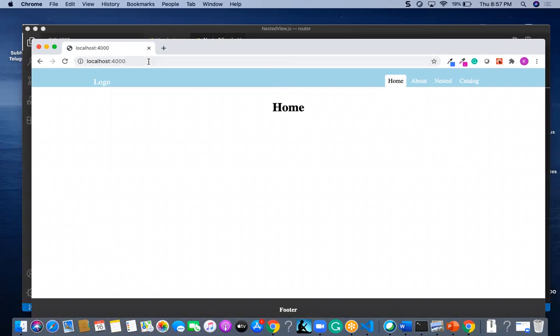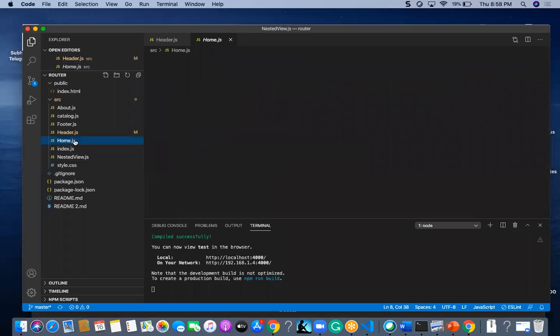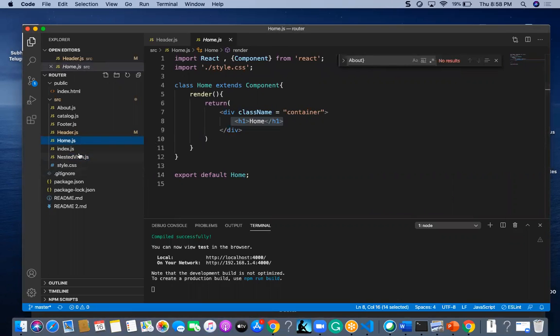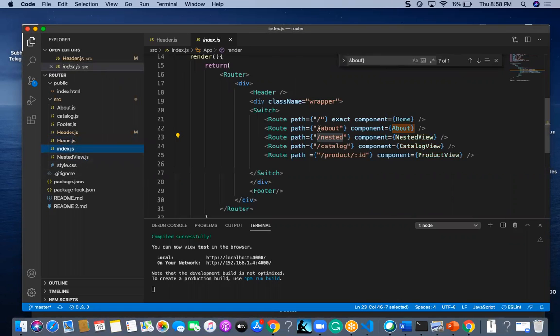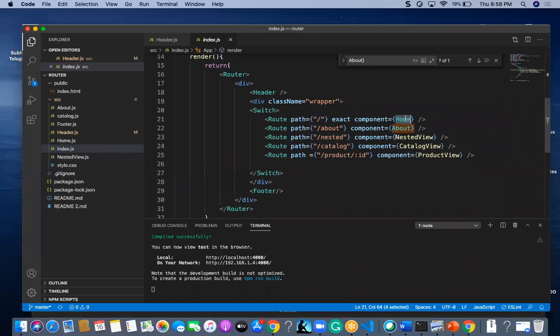So here in this localhost, at the very first point of time, if I click on this home, which is a slash, it means it's a home page.